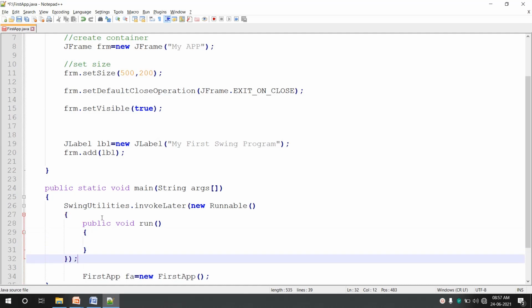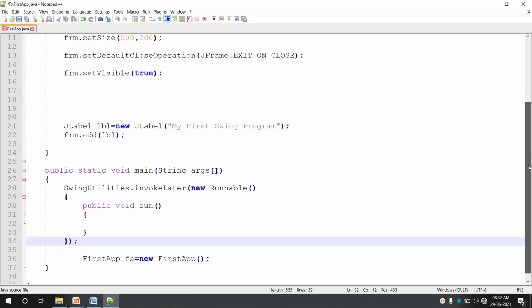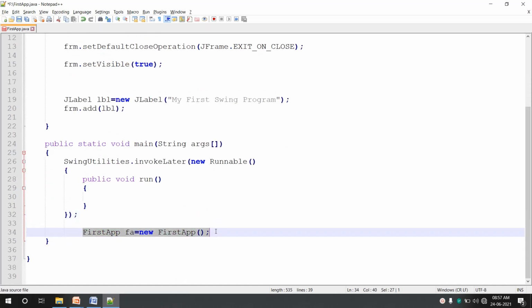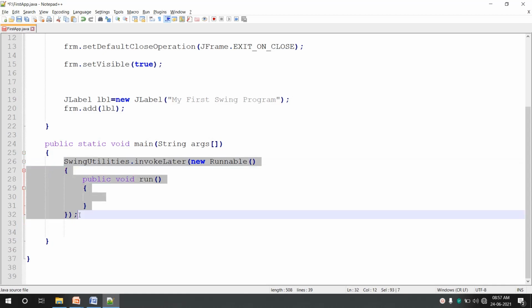Okay, so this is the skeleton of the event dispatching thread here. Every Java GUI program should include this part, remember. So this is required in every Java GUI program to avoid complications. Without this also the program runs properly many a times.